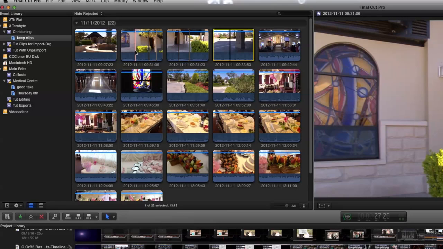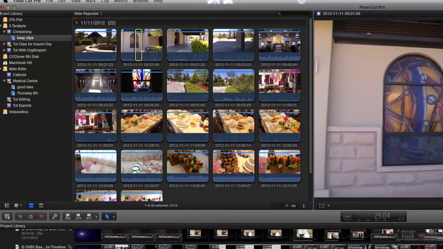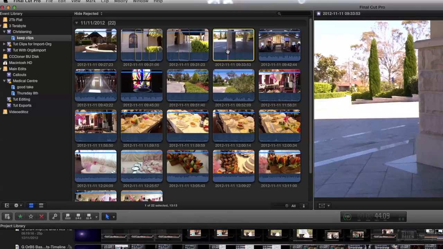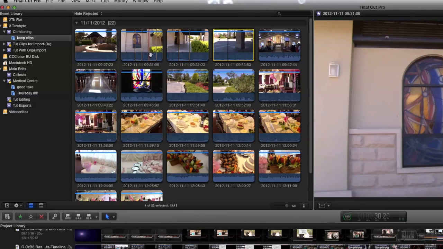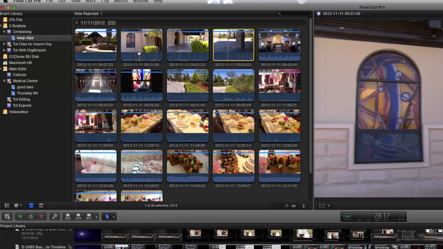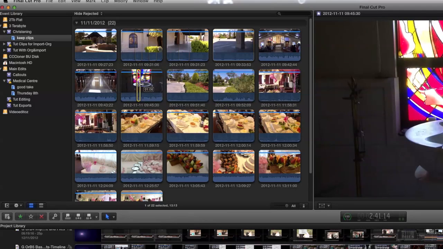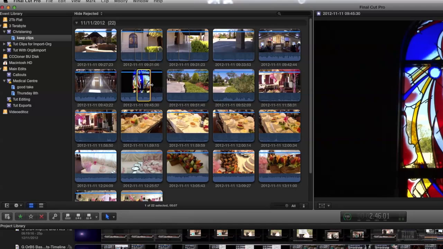If we hold now the Shift key and select a new set of in and out points, you'll see that when we move to this clip over here, there are two in and out points retained in this one clip. What you can't have though is that the two in and out points cannot overlap with common footage. If you should want to do that, you'll see a little later there is a way of doing this with the favorites feature. Now we can set another set of in and out points, let's say in this clip here,